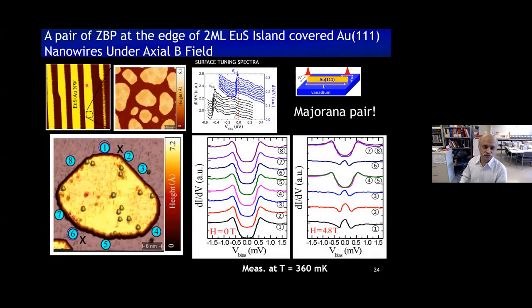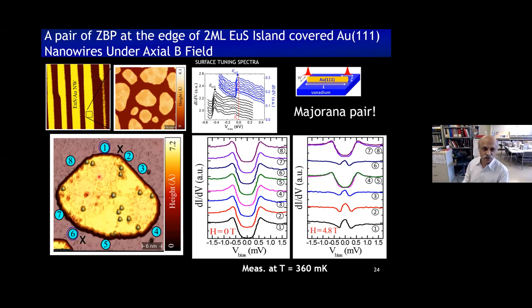Now we have this nanowire of gold, and then you have europium sulfide on that, as you can see, these islands. So now you start looking into the behavior of what happens around the island. Once again, you can see that with 2 monolayers of europium sulfide, you're able to move the chemical potential at the Fermi level very close to the bottom of the band, which is only about 30 milli-electron volt away. That's exactly what we wanted in the first place, to have very few modes available for the observation of the